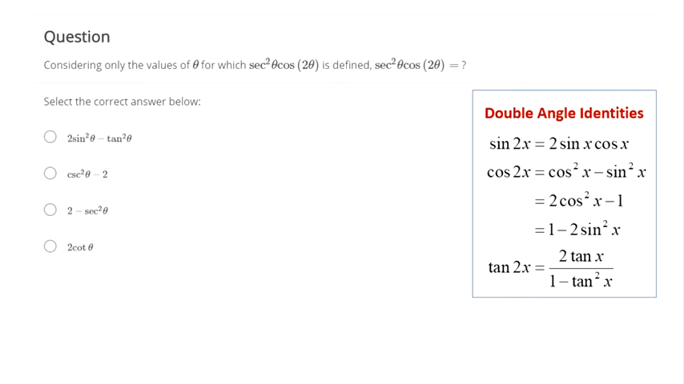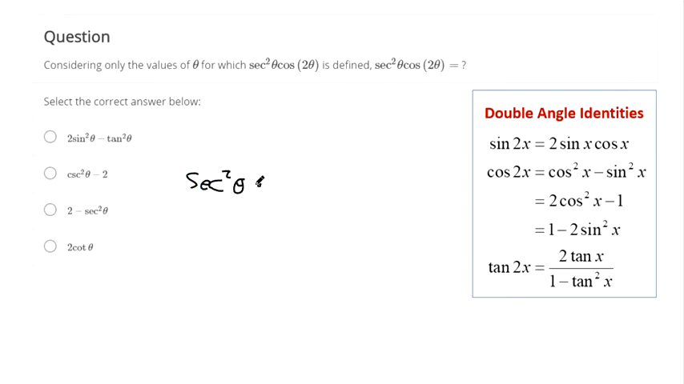Considering only the values of theta for which it's defined, there's some values for some trig functions where it's undefined. Secant squared theta cosine 2 theta equals something. We're just supposed to simplify this expression. So secant squared theta,